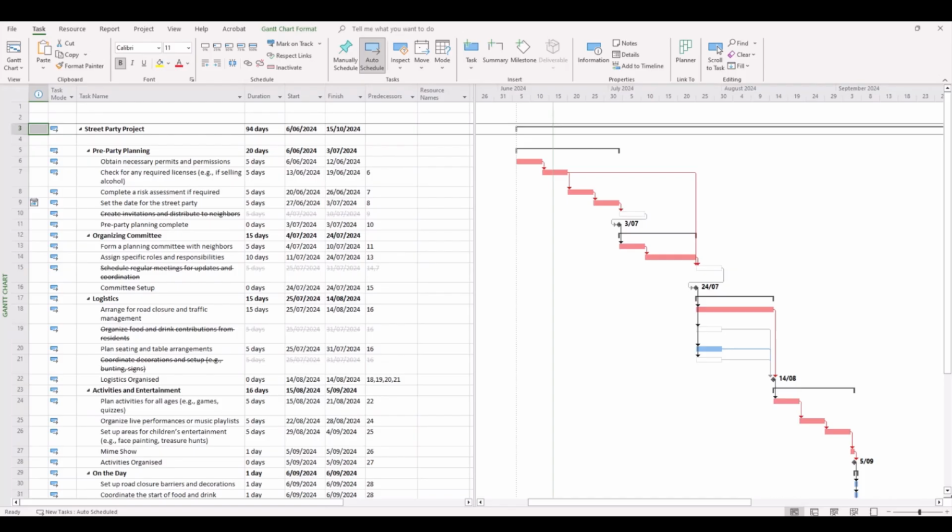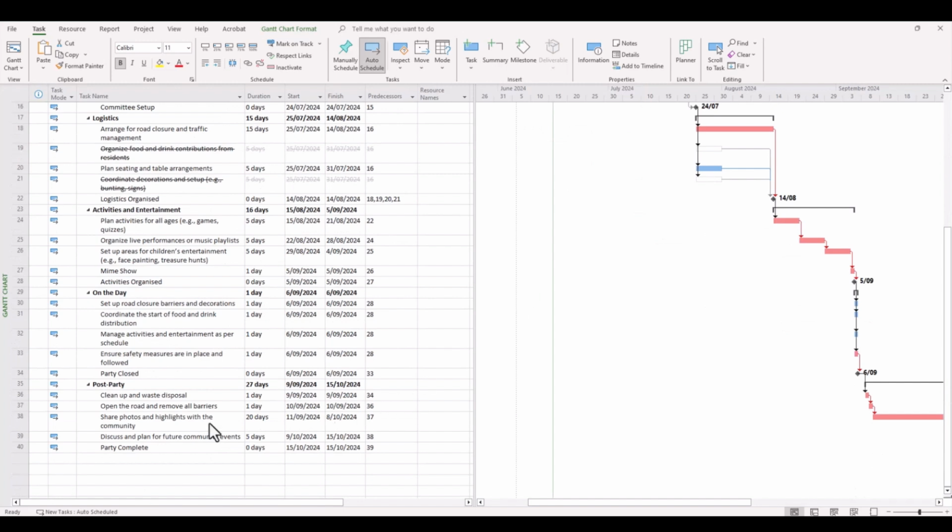Now, the other area we're going to look at is splitting tasks. What might call for splitting tasks to be required? Well, you might be given an interruption of some sort. You might be waiting on a contract to be signed, and it's taking a lot longer, so you have to drag out certain tasks, but effectively make sure that no work is being done during that particular time.